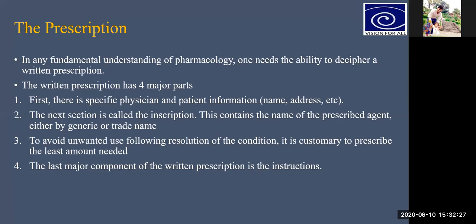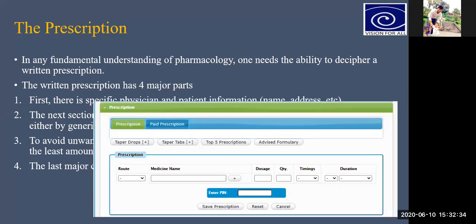When it comes to the written prescription, I'll be showing here the prescription of our Silvata Institute. Here at first there is a taper form. We can taper the eye drop and taper the tablet as well. And here the routes. The routes mean what are the routes the patient uses, that is the ointment form, the drop form, intravenously, or the oral form. So these are the routes.